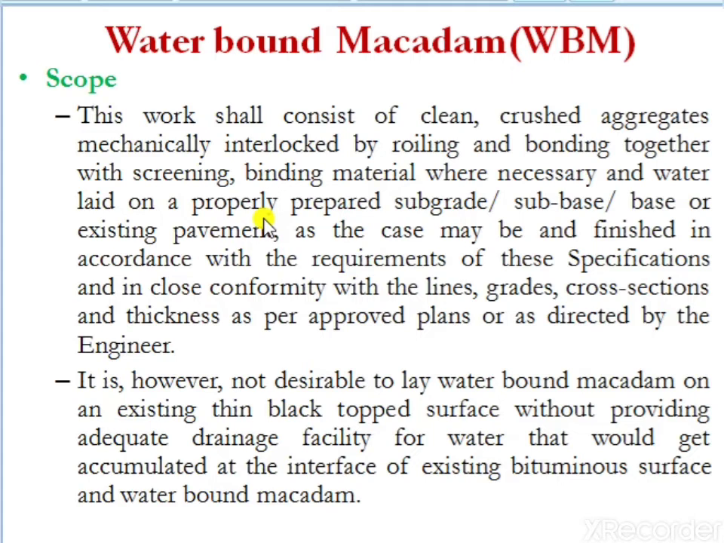Waterbound Macadam work consists of clean crushed aggregates which are mechanically interlocked by rolling and bonded together with screenings and binding materials. If necessary, some quantity of water is applied to these cleaned crushed aggregates before they are mechanically interlocked by rolling, and the layer of this WBM is laid over a prepared subgrade, a subbase, or an existing pavement, and